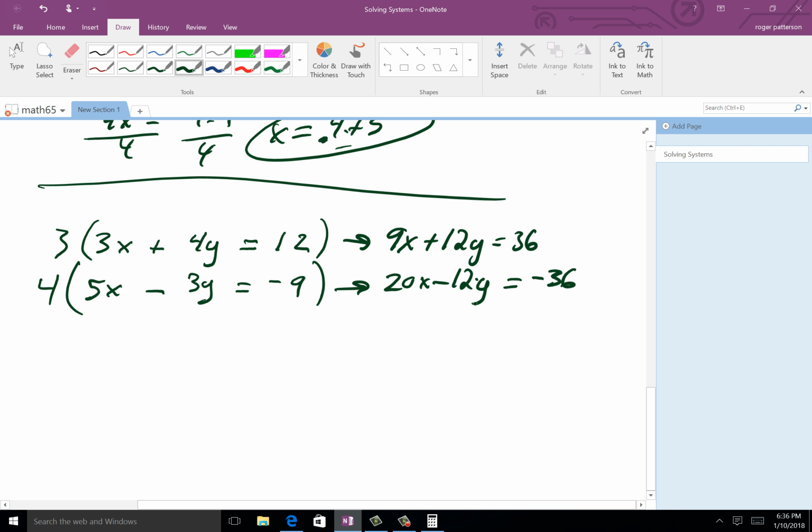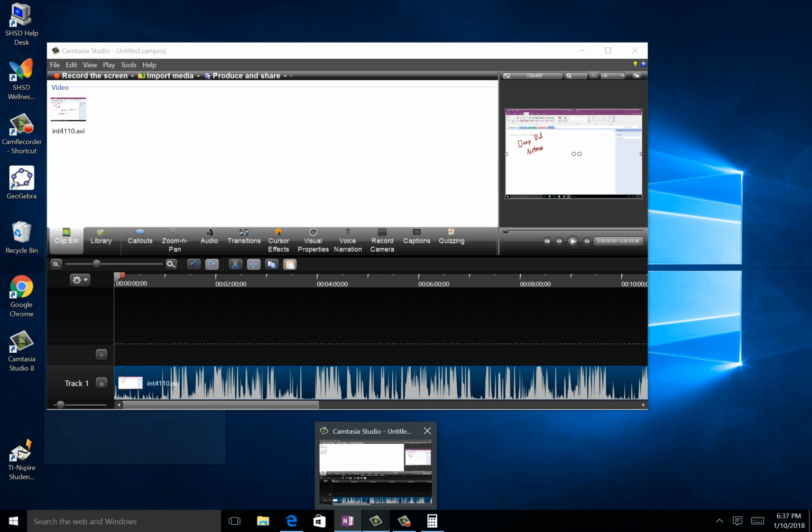Yeah, that one's good, right? Yeah. Shouldn't it be negative 9? Where? On the top? We're not multiplying by a negative. Oh, we're not. Okay. No. We don't need to because this is a plus and this is a minus. Okay. All right, so now we're just going to add these, and the